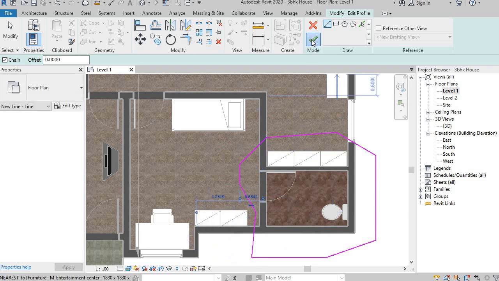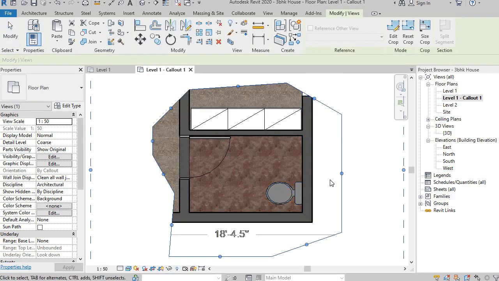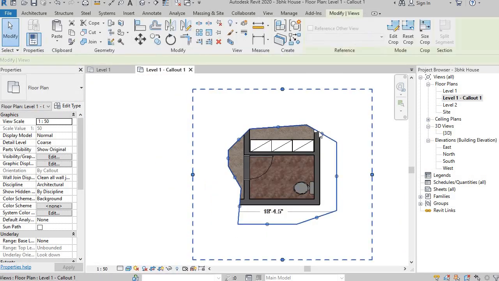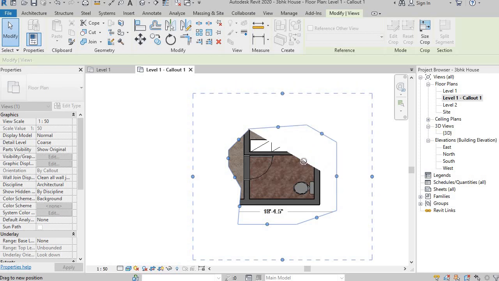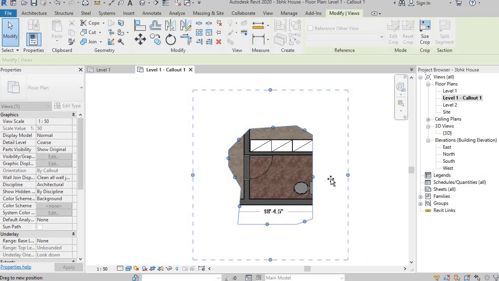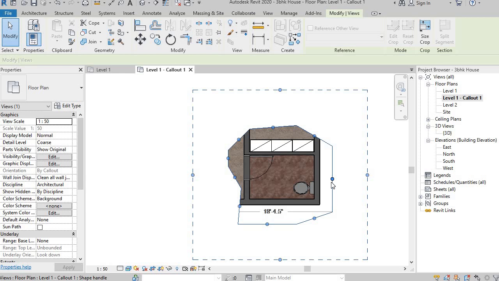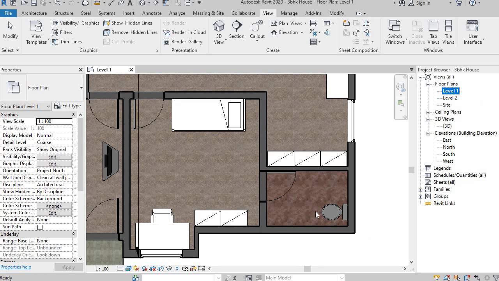Then just make sure it's a closed boundary. Now you can see the thickness or the dimension of these, just by dragging it up and down however you need. So it's all about